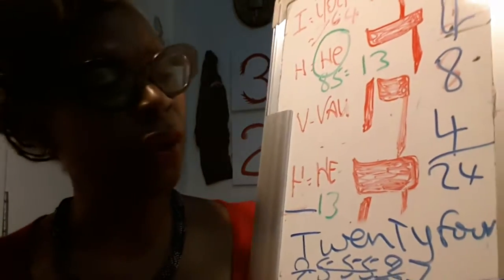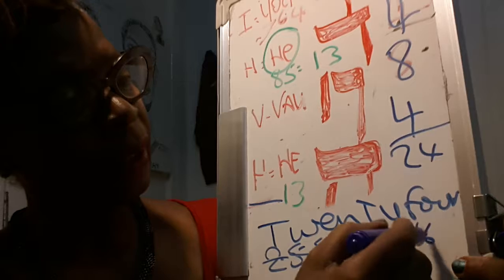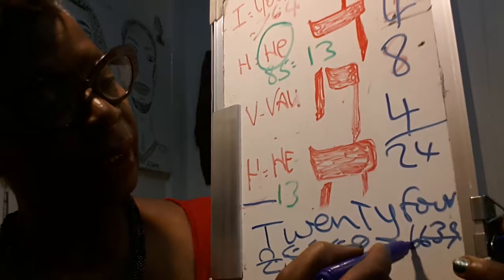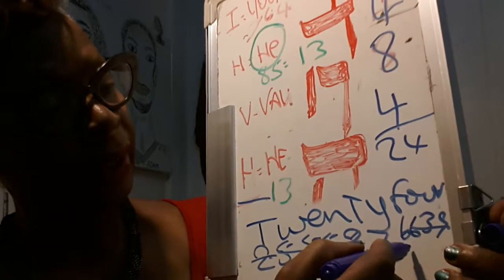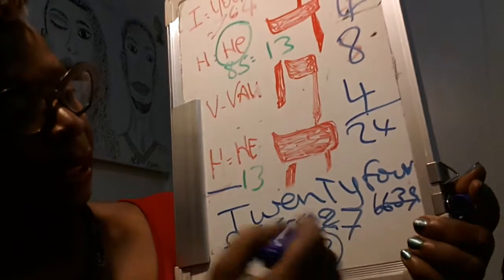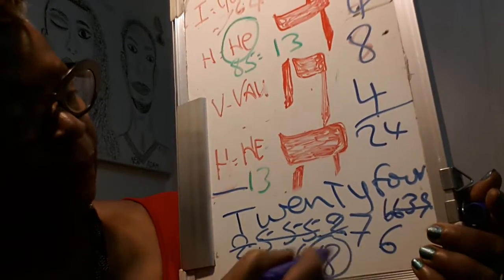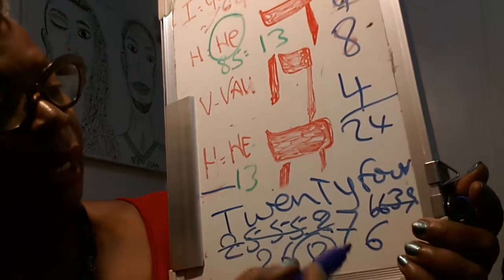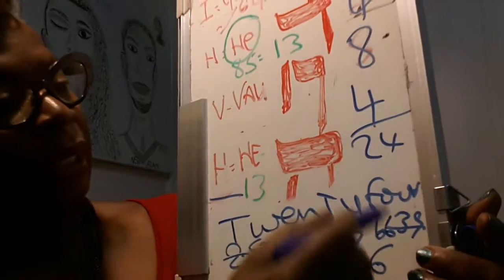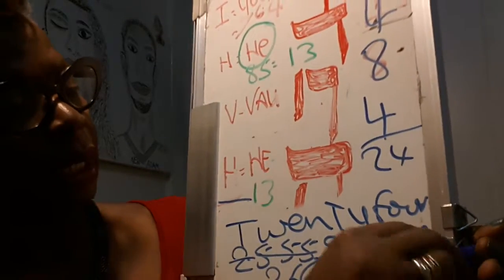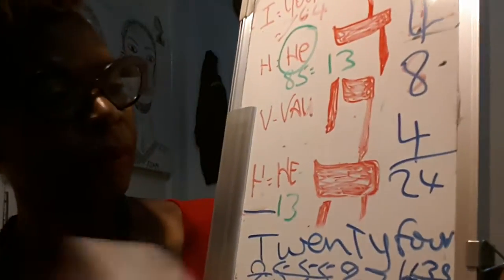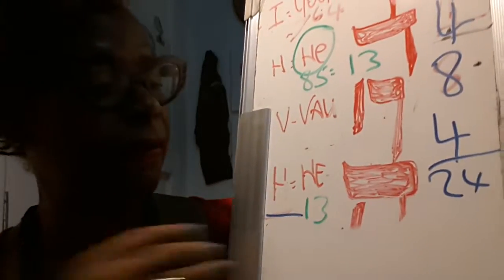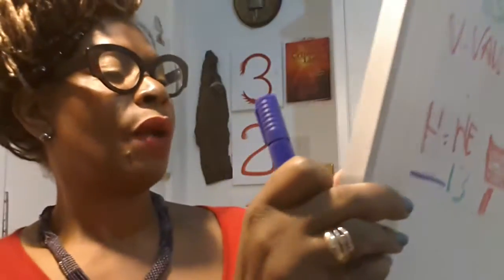And then 4, of course, is 6, 6, 3, 9. Adding these together would give us 18, 19, 24. 2 plus 4 is 6. So if we added 6 plus 8, that would give us 14. 1 plus 4 is 5. So this is what I mean in another way of really seeing Mother Eve reflective here. Mother Eve is reflective here. So we have seen the number 5 and the number 8 showing right here.